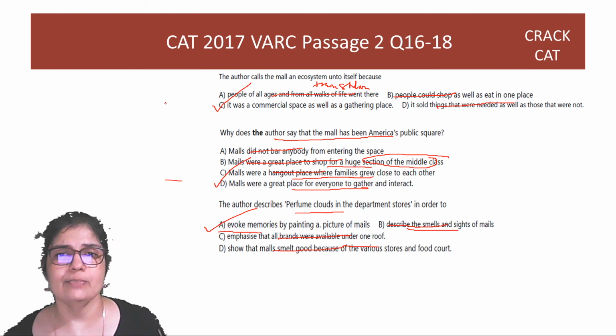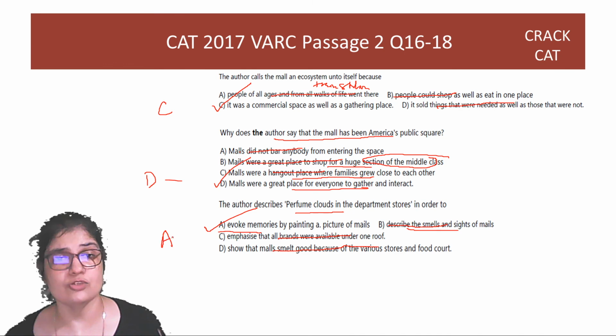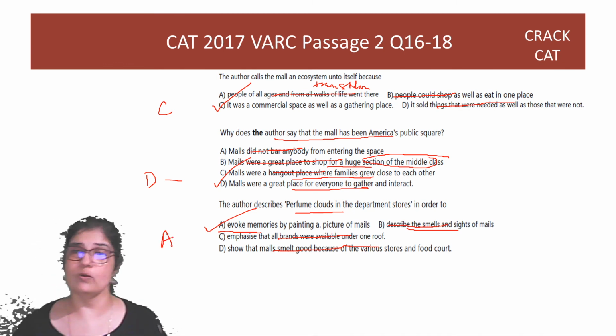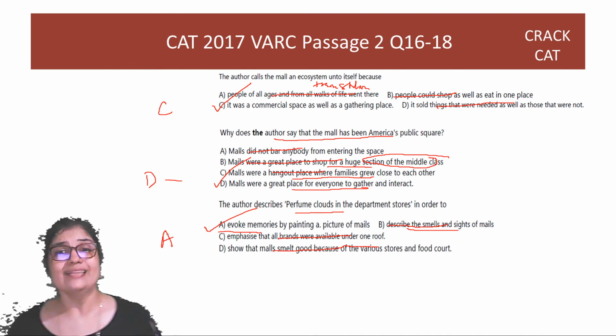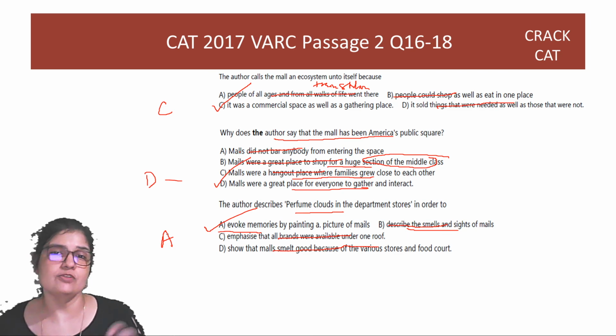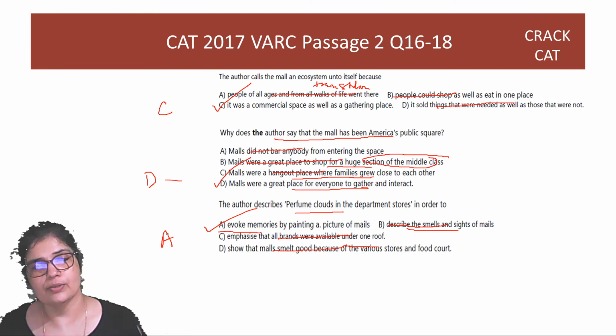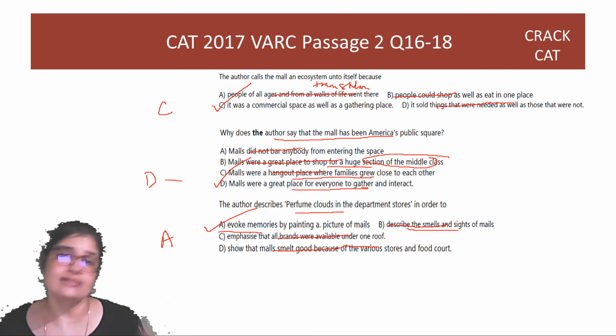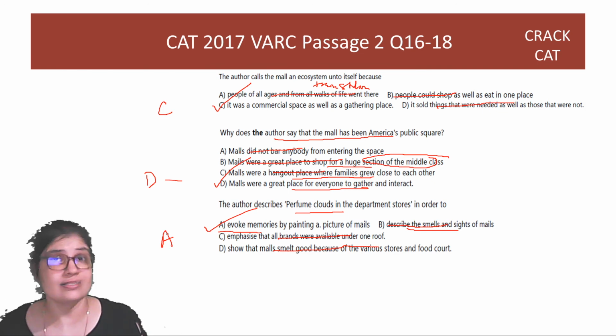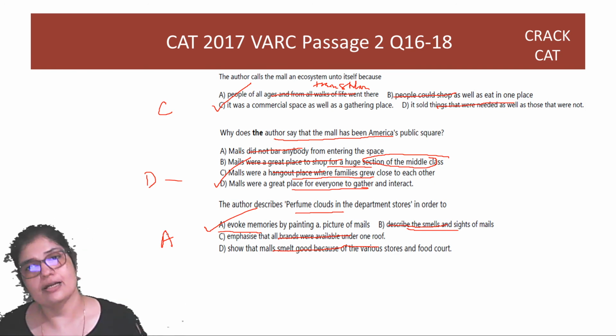So out of the three passages that we did, guys, I would say the printing press was the easiest to read, very logical to understand. Options were also very easy. This was the most difficult in terms of options. There were a lot of close options everywhere. And the first passage was more difficult to read, but the options were pretty good. So you need to choose passages with care. Out of these three passages, I would do the second passage first. Then I would do this passage because it's easier to read. And then I would do the last passage, right?